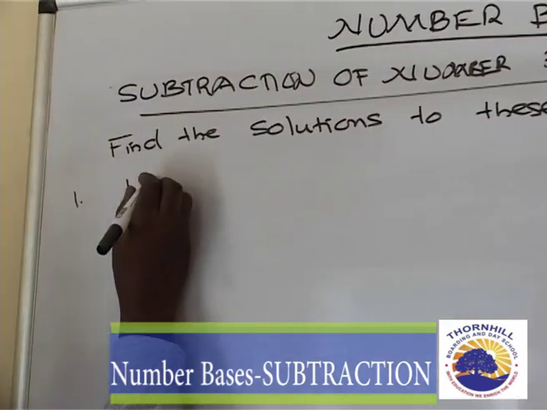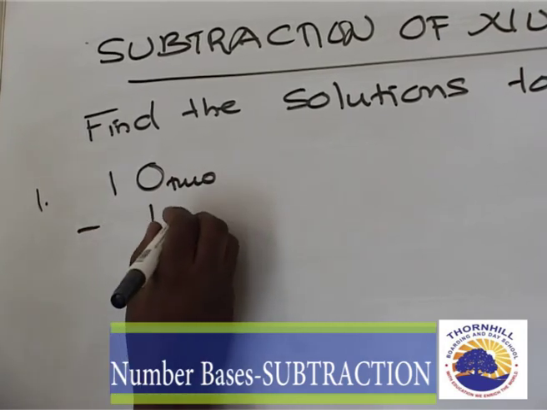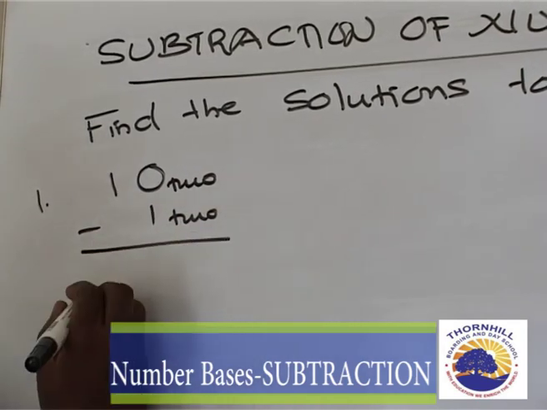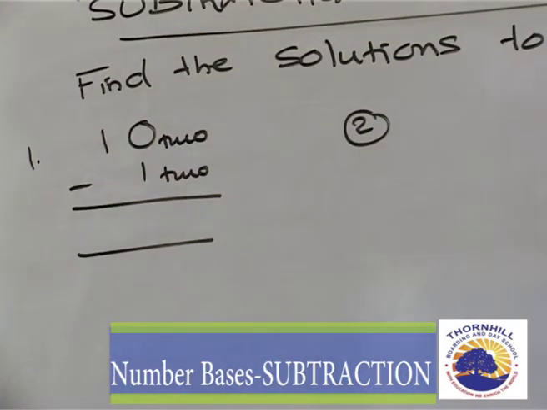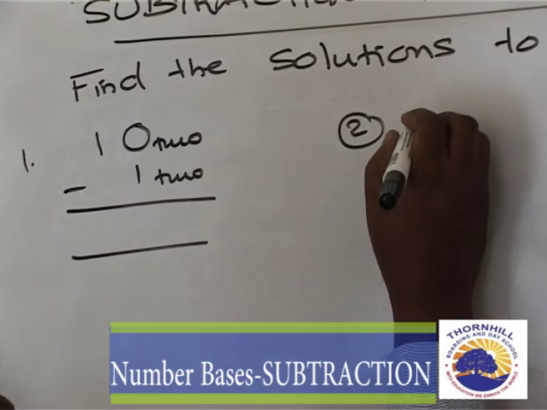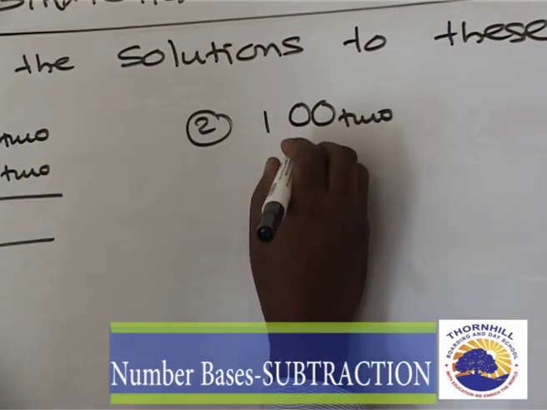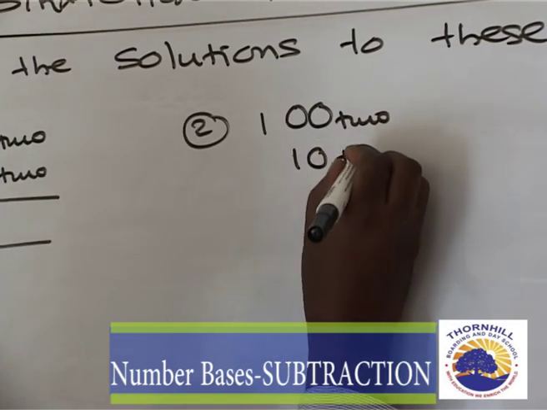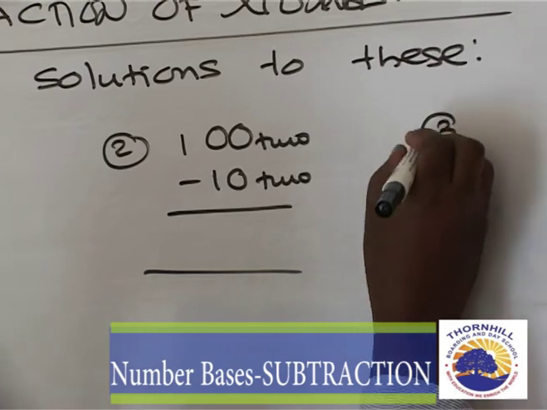Question 1: 10 base 2 take away 1 base 2. Question 2: 100 base 2 take away 10 base 2. And 3,